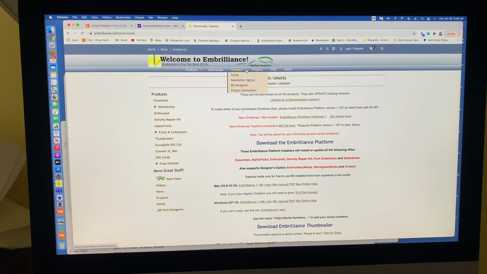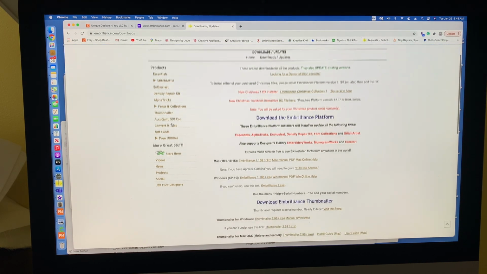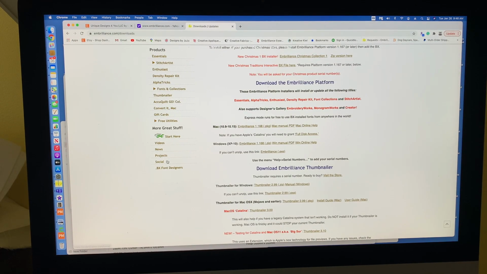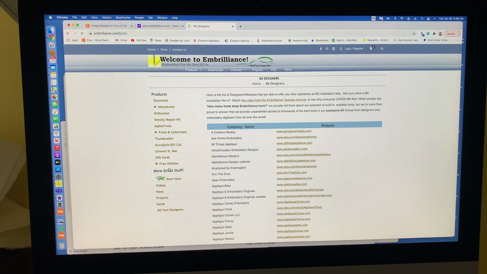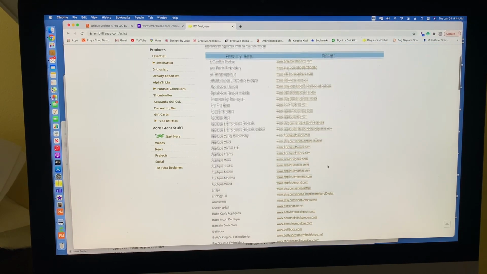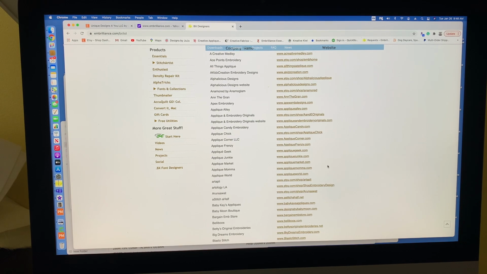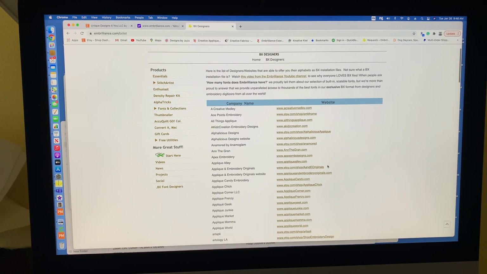The other thing that I did want to point out to you too is, if you look over here on the left hand side, they have something that says BX font designers. Okay, if you click on here, it lists all these companies and websites that sell BX fonts. Now, for those of you that don't know,